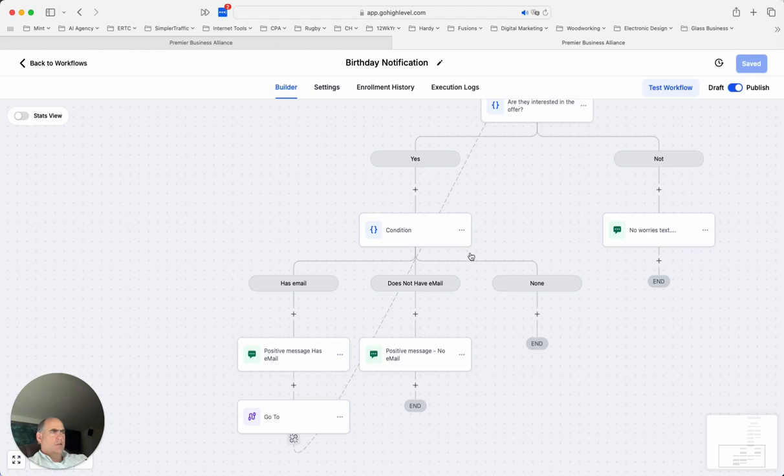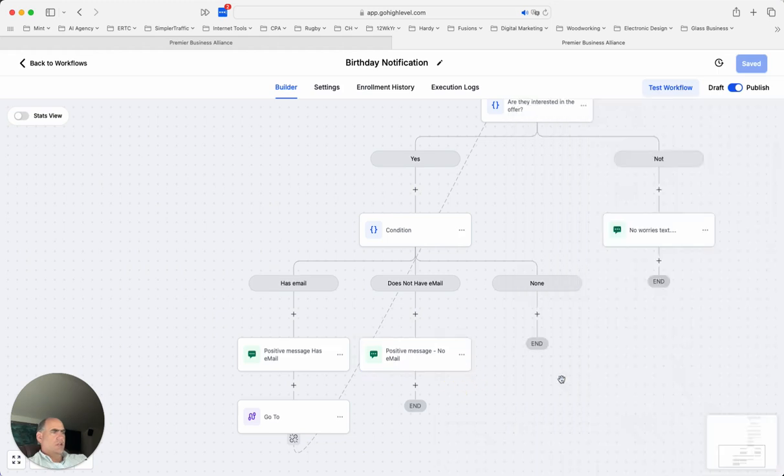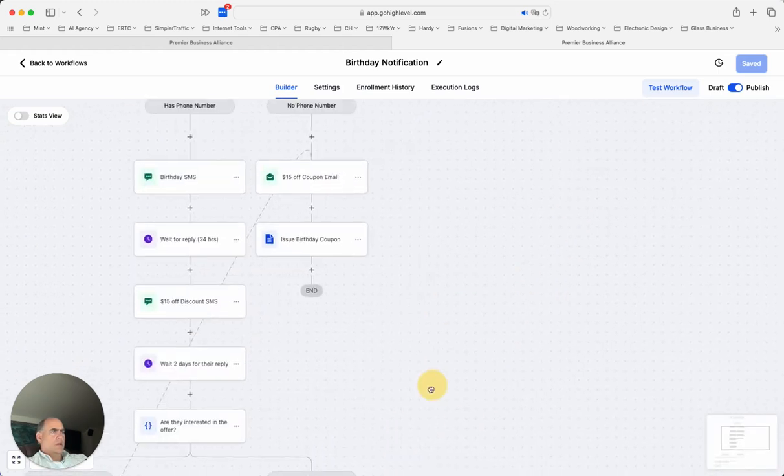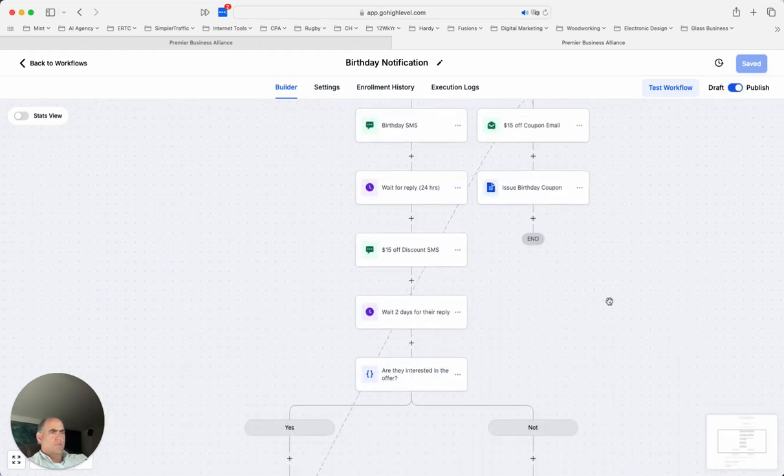And then if they don't have an email, we send them a message that they're going to get an email. If they don't have an email, then we tell them, here, just use this, you show this text that they're going to get. We're just trying to interact with them a little bit and act more like a human responding to them and sending them a text.